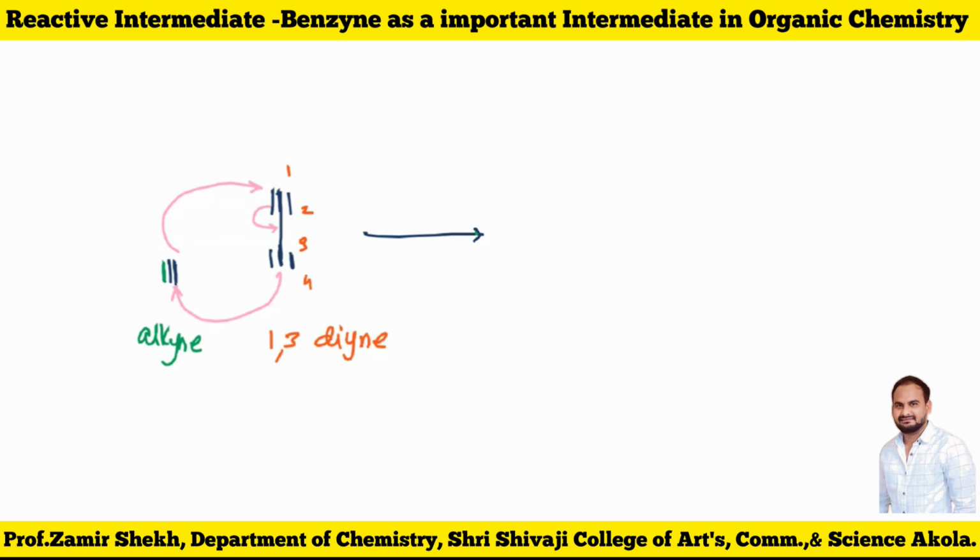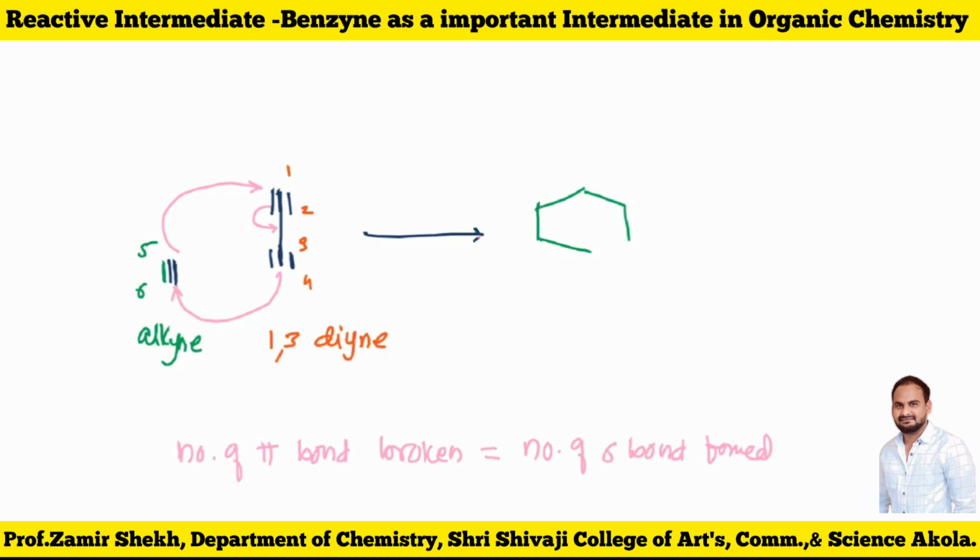Now in cycloaddition reaction, one thing should be remembered: the number of pi bonds broken should be equivalent to the number of sigma bonds formed in the product. So how many pi bonds are going to break and how many sigma bonds are going to form now? You can give the number 2 also. Suppose this is number 5 and this is number 6. So first I will make this ring and then I will give the numbers. This is a 5-membered ring, this is a 6-membered ring. This is 1, this is 2, this is 3, and this is 4.